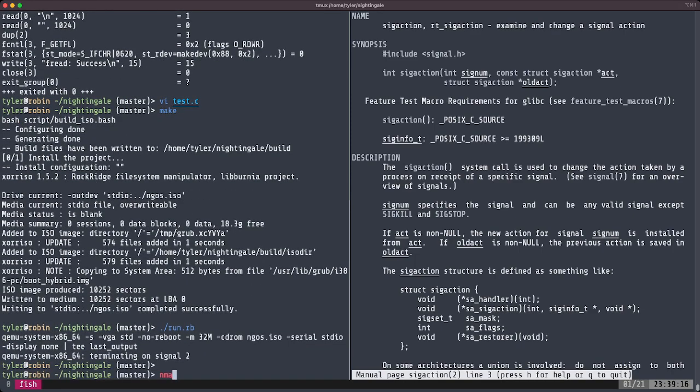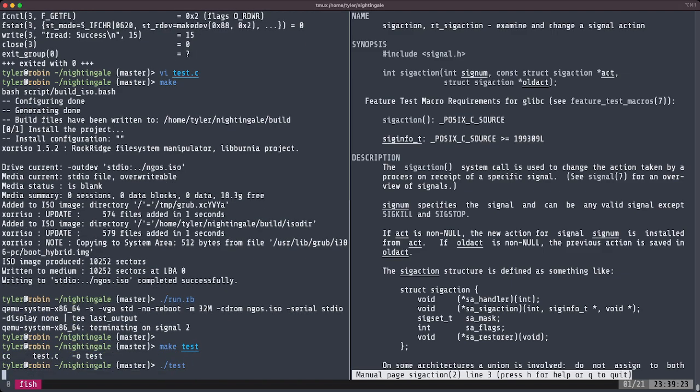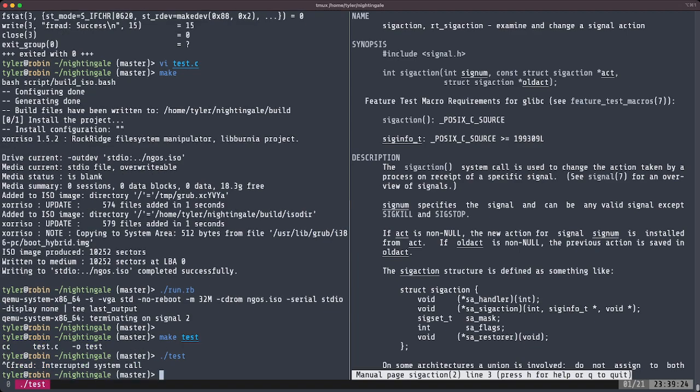Nope, definitely don't want that. And now, there we go. Okay. So now if I send an interrupt signal, fread says interrupt this system call,